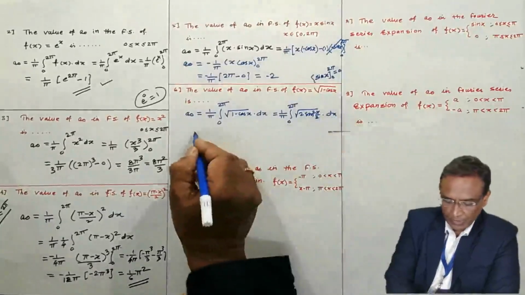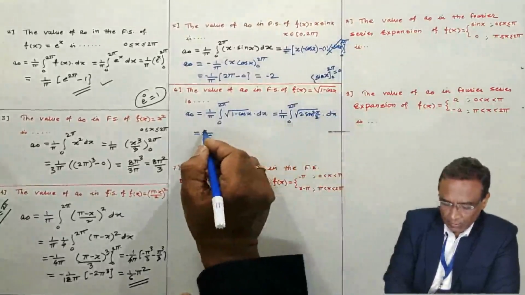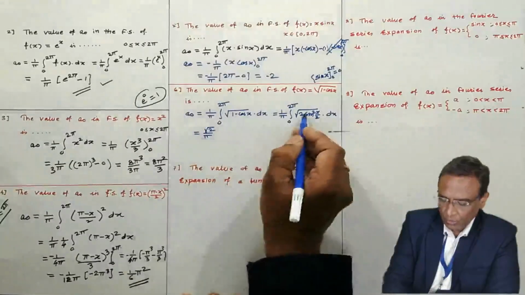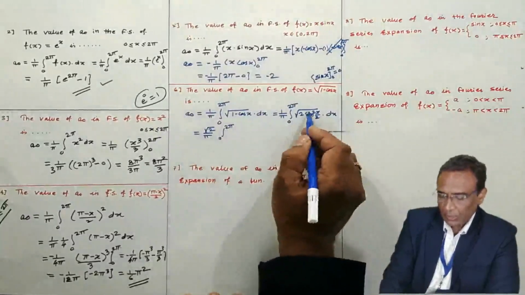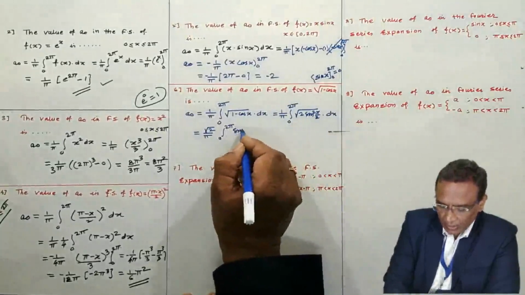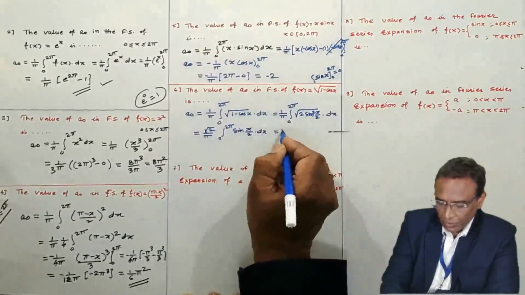Okay, this is the trigonometric formula, no? Under root of 2 I am taking outside, and 0 to 2 pi, under root of sin square is what? Only sin. Root 2 by pi,